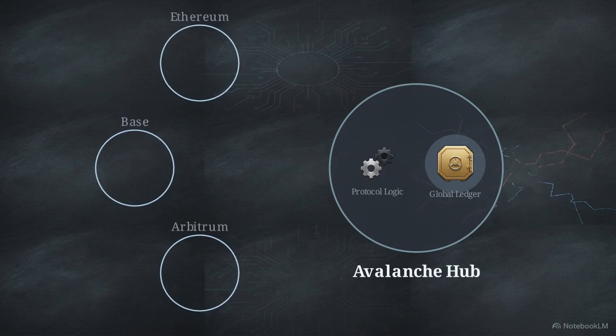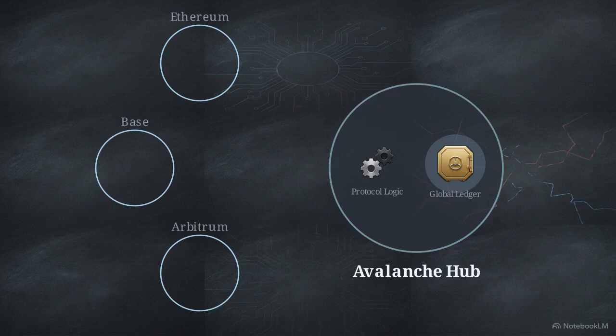Look closely at the perimeter nodes representing chains like Ethereum, Base, and Arbitrum. These spoke chains operate strictly as entry points. They hold only messaging metadata, storing 0 lending state and 0 user balances. By centralizing the state ledger on a single hub, the system organizes incoming commands. The Avalanche hub forces all asynchronous spoke messages into a single, linear, chronological sequence, eliminating the race conditions that plague